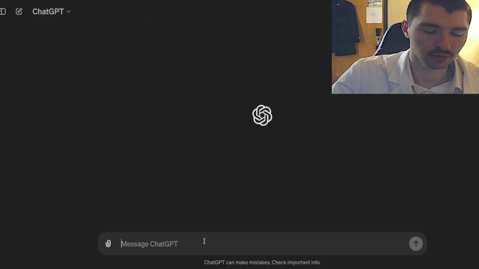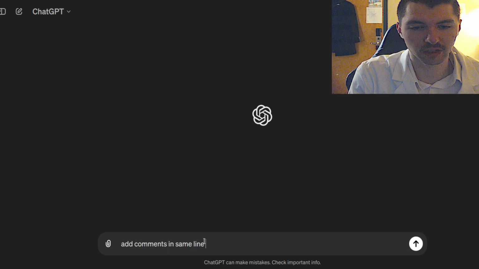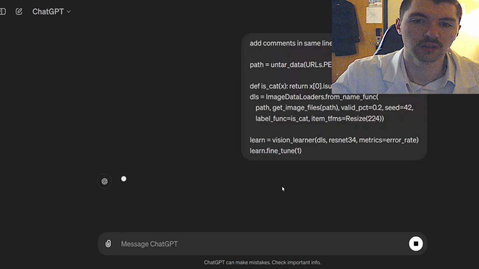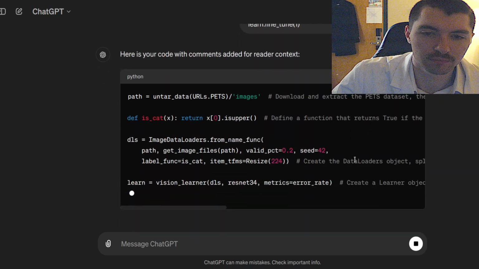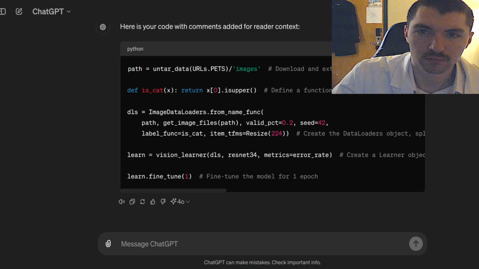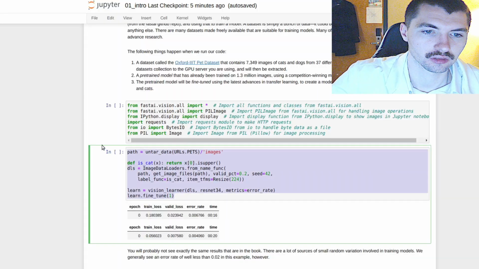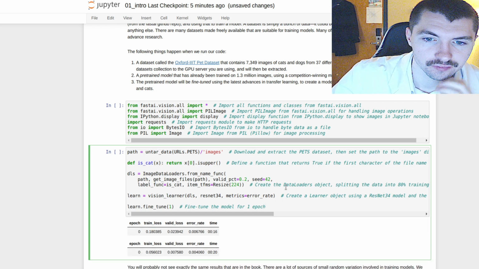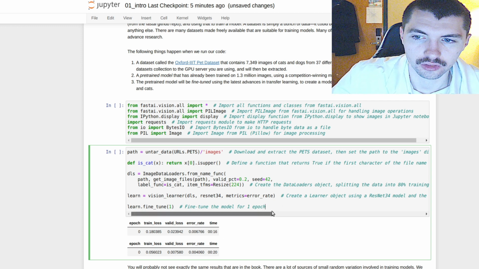Clear this. Add comments in same line for reader context. Okay, so as you can see,